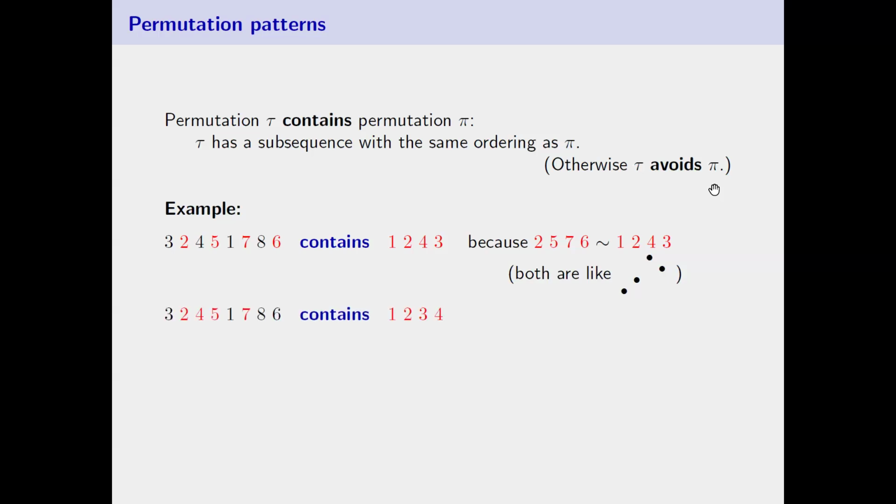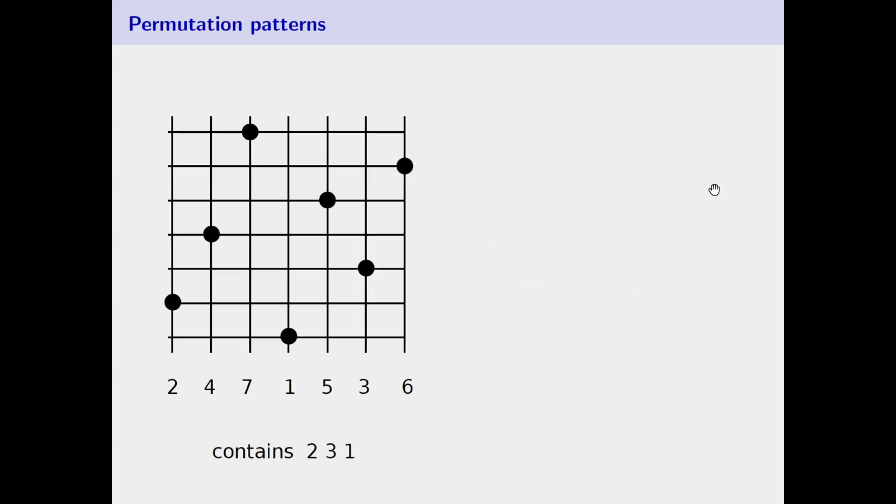Okay, another example: the same permutation contains 1, 2, 3, 4, because it has these 4 elements which are increasing. On the other hand, this permutation avoids 4, 3, 2, 1, because there are no 4 elements which are decreasing. So it's a natural concept, and we can also view it visually. Here is the permutation, and it contains 2, 3, 1, because there are these 3 points which are in that